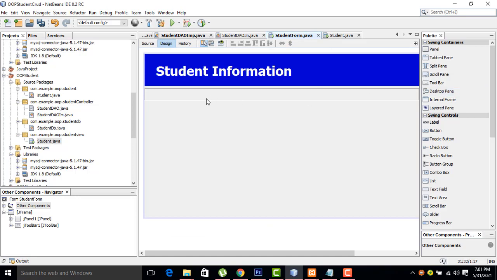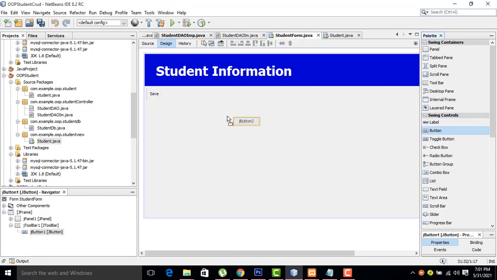Now here, first what I am going to do is drag the buttons. This one should be save. For the same button, just Control C to copy and Control V to paste here. Otherwise you can simply drag the button, okay? I just remove it. If you have any problem here, you just drag and drop. So the first button is save, okay?